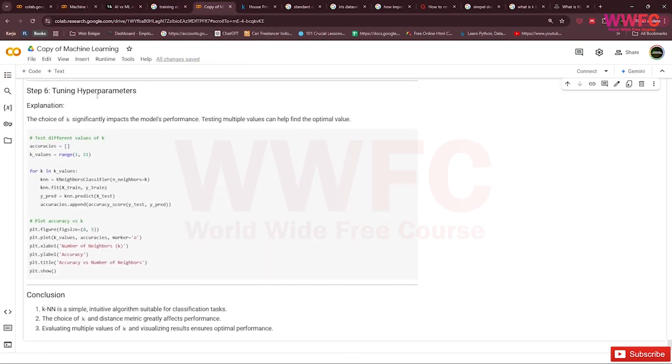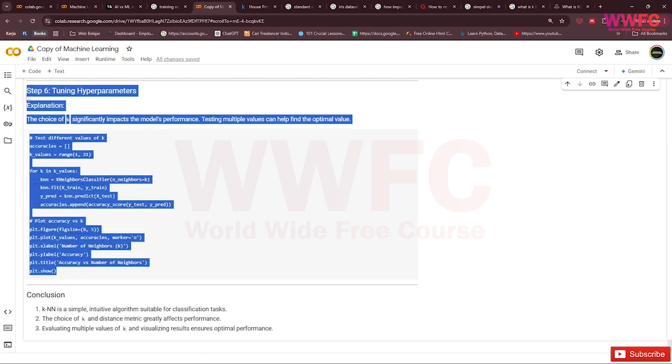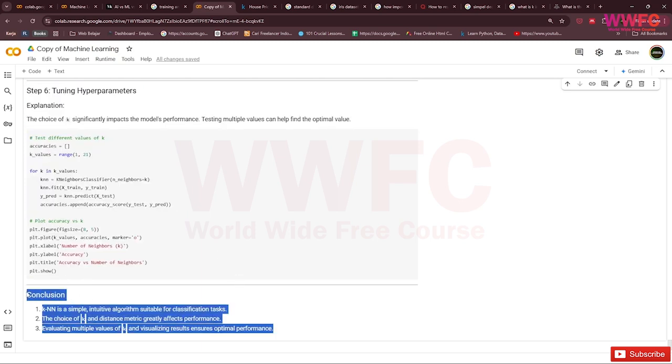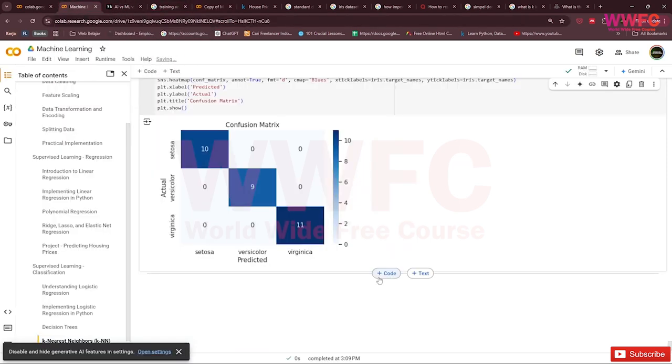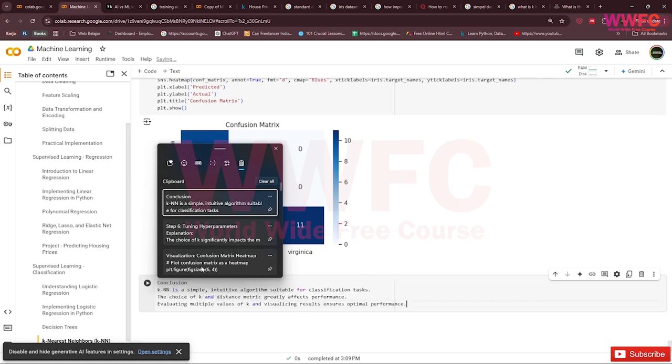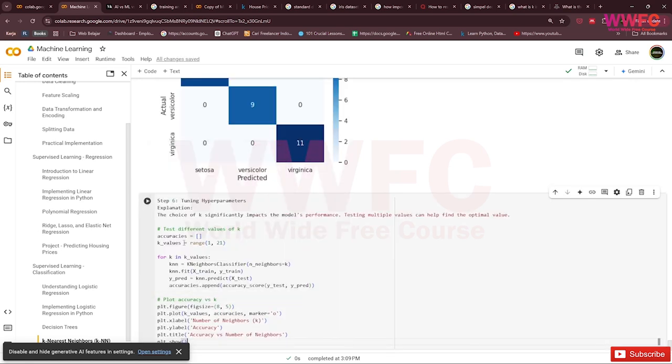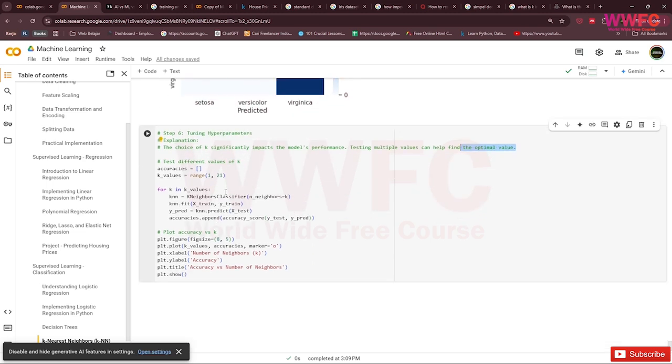And this is tuning the hyperparameter. So this is the importance of K neighbors. As I told you earlier, if you don't know how much K you want to use, the choice of K significantly impacts the model performance. So this is important. Testing multiple values can help to find the optimal value, right? So you want to check K values ranging from 1 to 20, right?